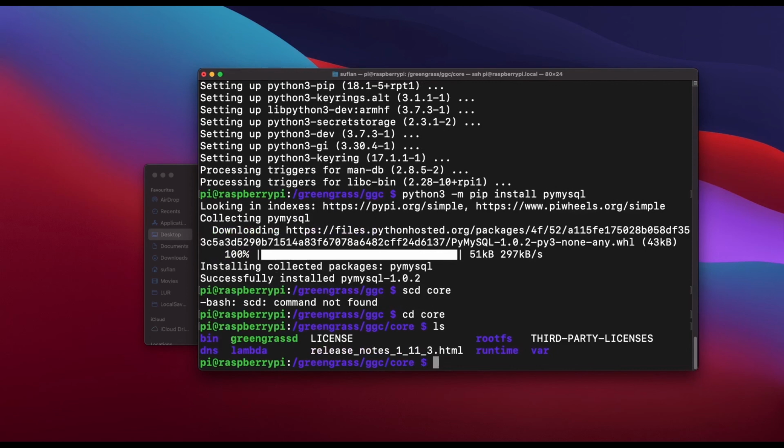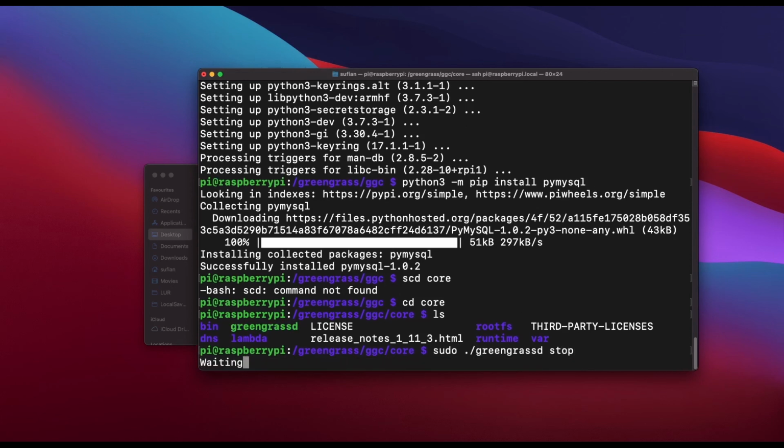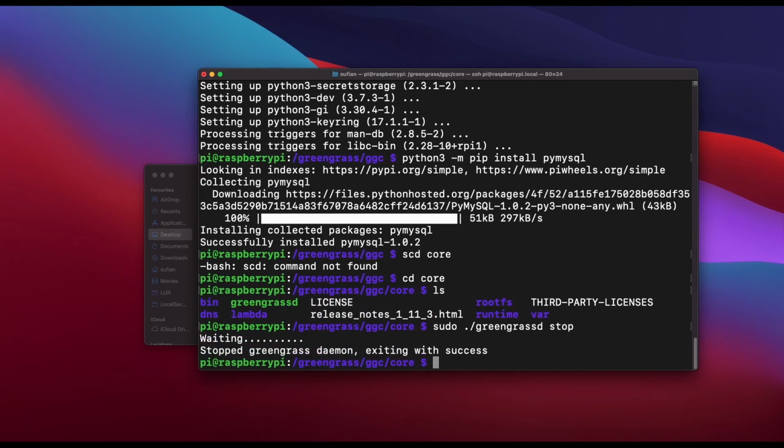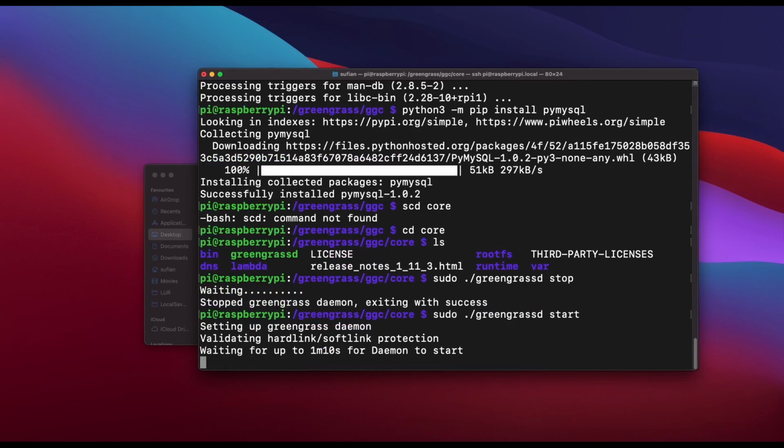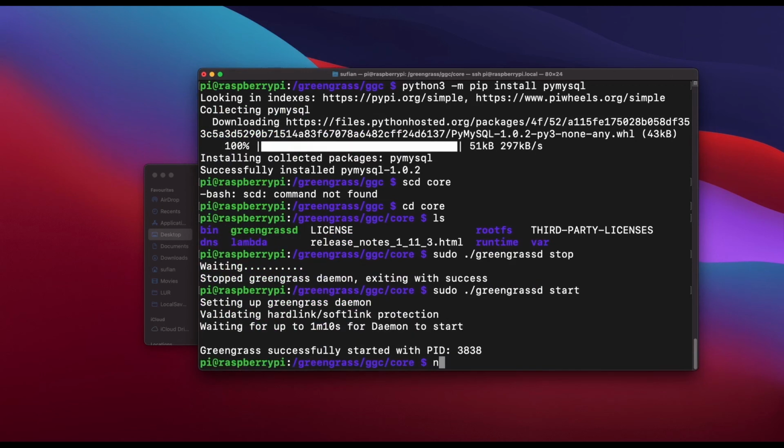I'll quickly go to core, cd core, and in here is where I have this Greengrass daemon. I'll stop it and start it. Sudo ./greengrass stop. So this should have stopped everything, and then now I will do start again. Okay, now that this is running,